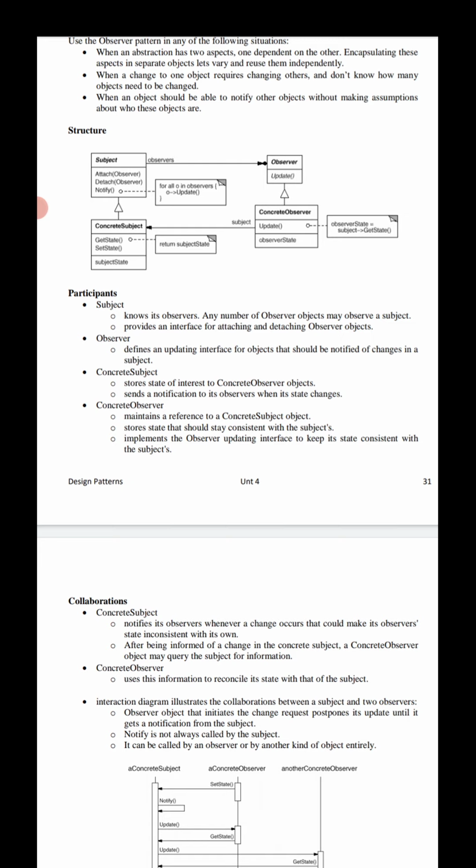It stores state that should stay consistent with the subject, and implements the updating interface to keep its state consistent. This is the structure and participants carrying out their responsibilities.